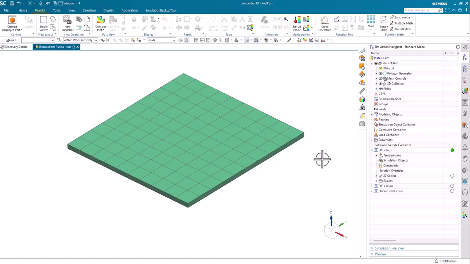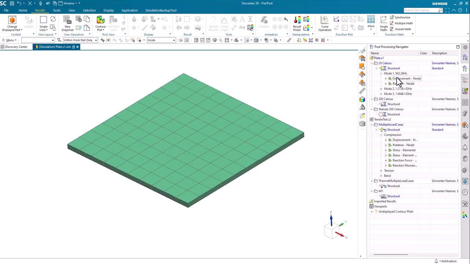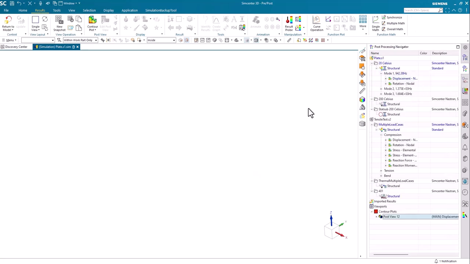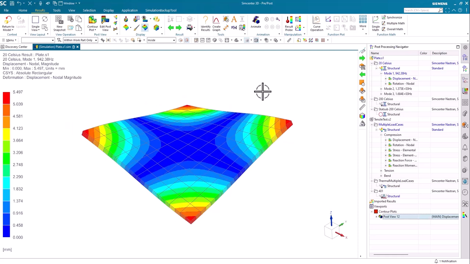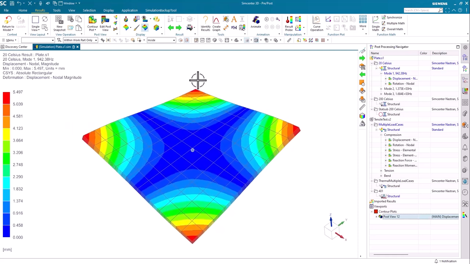In this video, I'm going to demonstrate how to use query curves for post-processing creation of graphs, and I'm going to show some of the nuances with respect to query curve behaviors. So I have a model. It's just a flat plate. It's been solved for normal modes. So I'm going to go ahead and display my first mode shape,